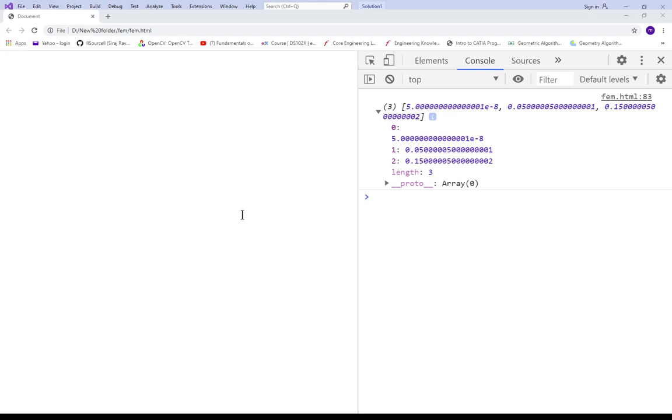Therefore for stress I use var sigma, and I declare it as an empty array. Then for i equal to 0, i should be less than the number of elements, because it's element stresses, that many stresses I have to find out, i plus plus.